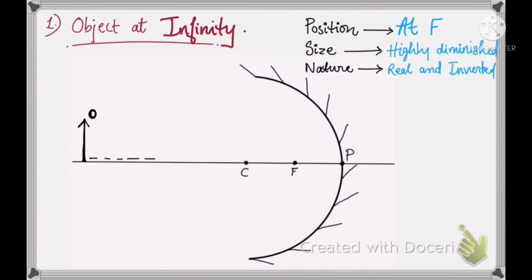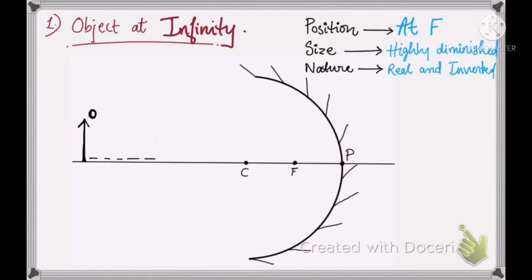Before considering any case, I have to tell you 2 main things. One is that we always have to consider 2 rays. We learned ray diagrams in the last video. You can use any of the rays, that means rays which are parallel and meet at focus, or rays which pass through focus and are parallel, or the rays that pass through the center of curvature, or obliquely to the pole. And of these 4 you can consider any 2 rays. Secondly, keep in mind that the image is formed when the reflected rays meet. Sometimes there's quite a mistake here when we consider something else.